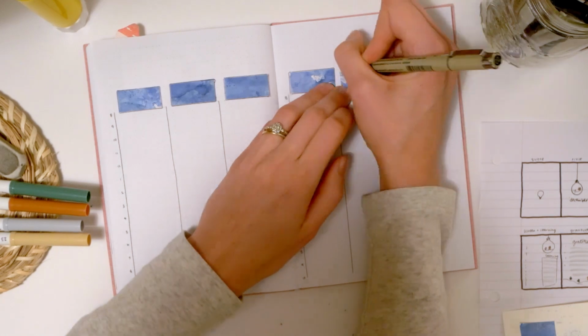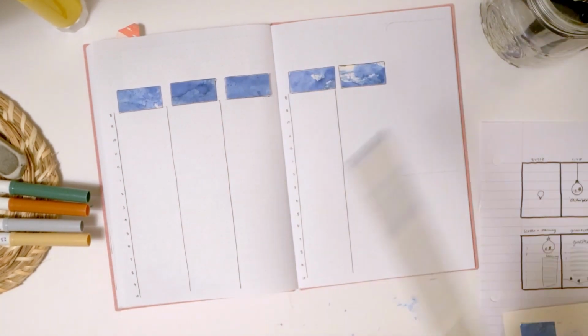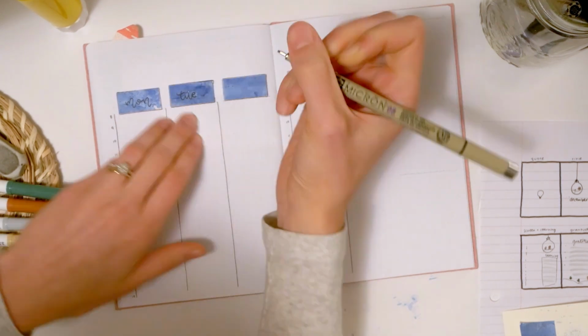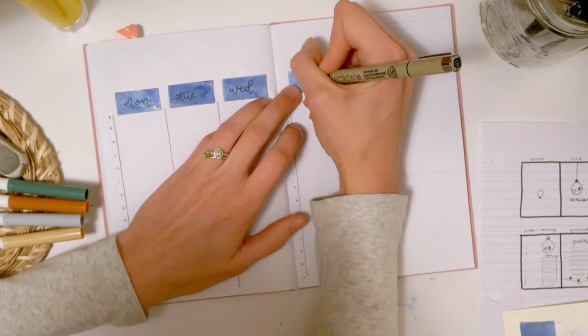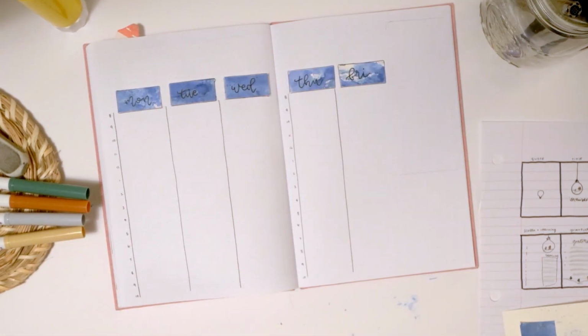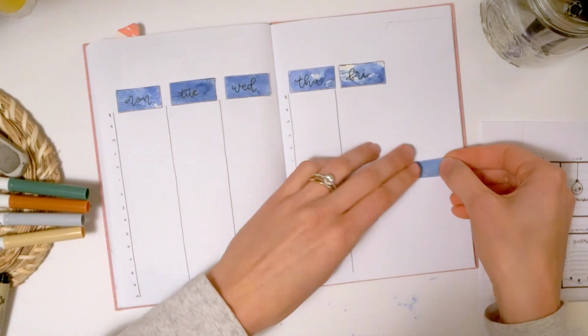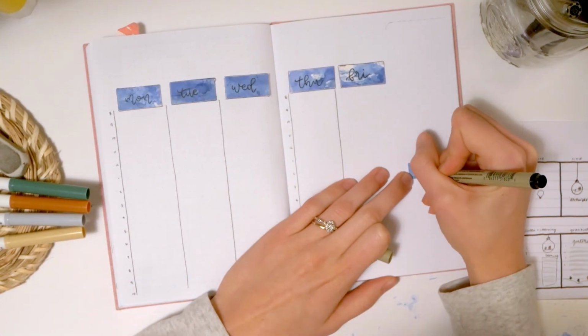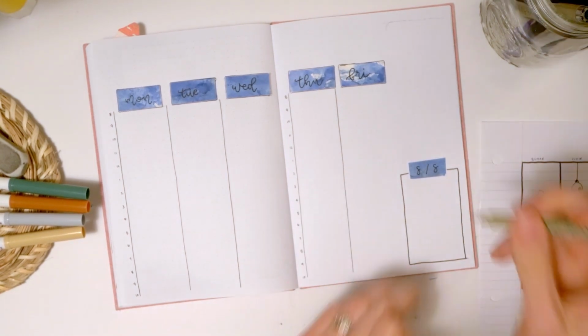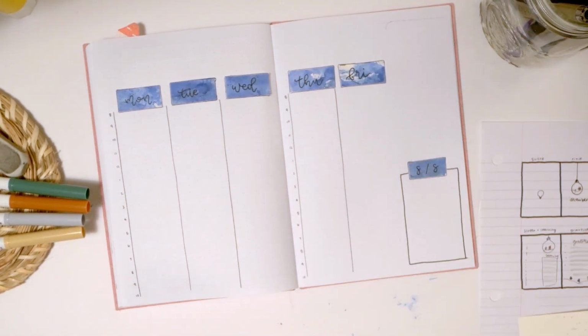And I'm really not sure how this is going to work for me. I've never done it in quite this way before, and I feel like I'm going to miss having a bigger spot in each daily box to just write tasks that could fall in anywhere during the day. You know, I often have a bunch of little tasks and I just fit them in as I can. So I feel like that's going to take some adjusting. But I decided to give it a try anyways because it is something that's interested me for a while. So we'll do it at least for this first week of December